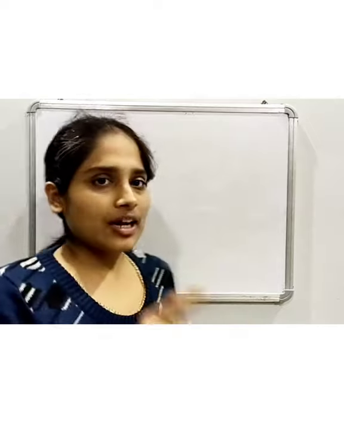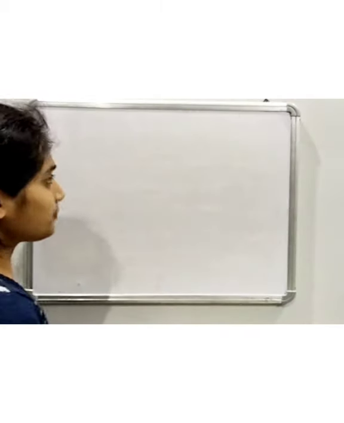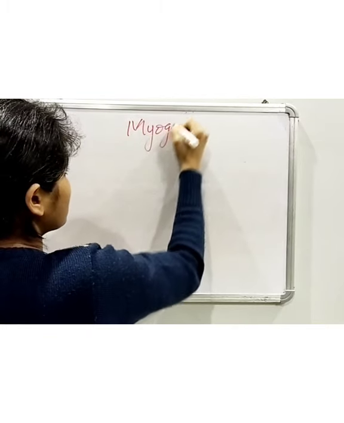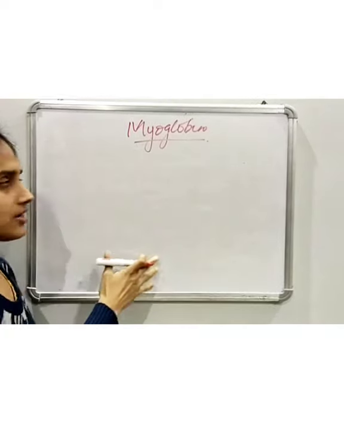and it's an oxygen storage protein. So we'll discuss about the binding of myoglobin and oxygen, and what are the differences between binding between hemoglobin and oxygen, and myoglobin and oxygen. So we'll discuss these things in today's lecture. So to begin with, let's start with myoglobin. We will discuss about the composition, what it is made up of.